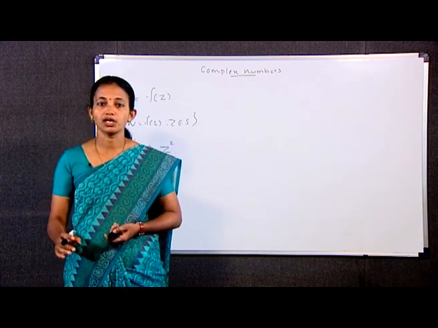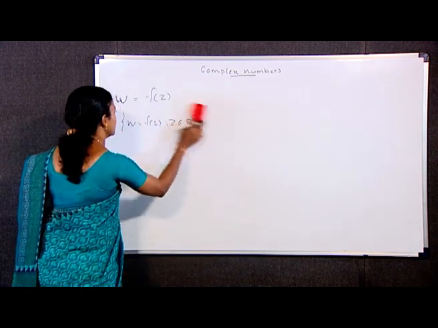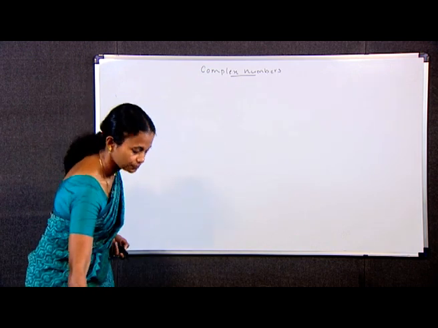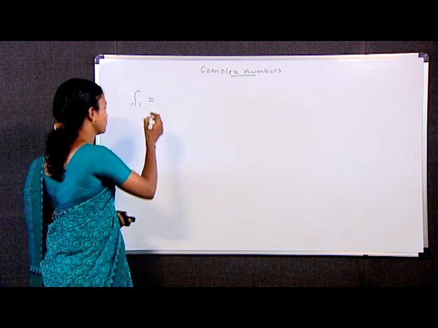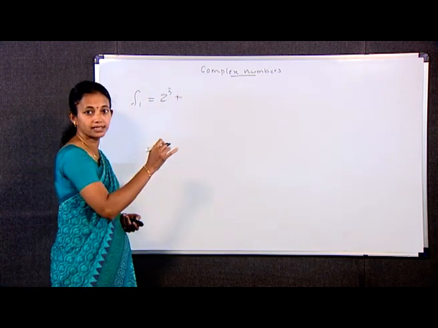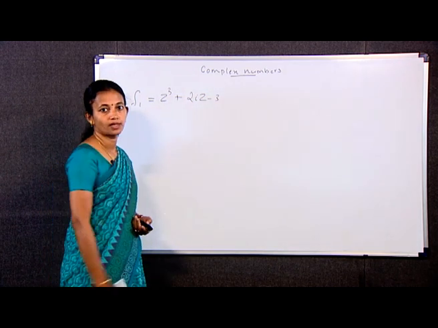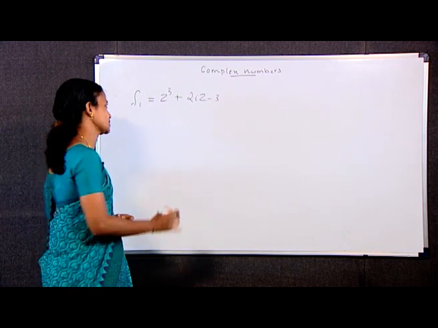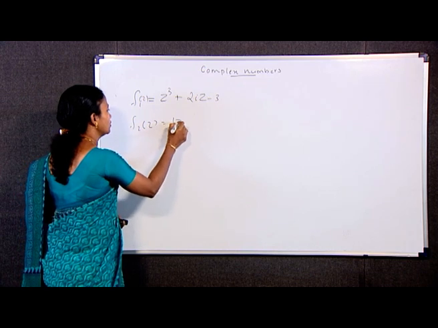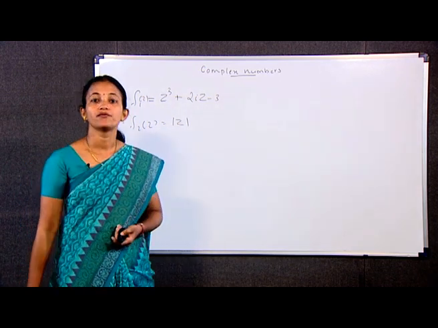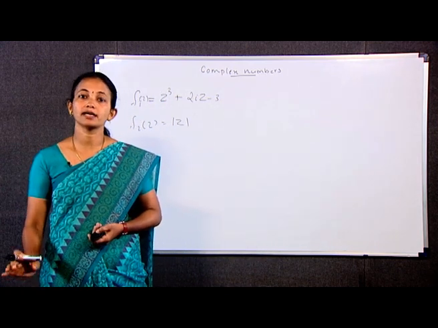For example, the functions f1 and f2 defined by f1(z) is equal to z cubed plus 2iz minus 3 and f2(z) is equal to mod z are functions of a complex variable where f1 and f2 have the entire complex plane as the domain,